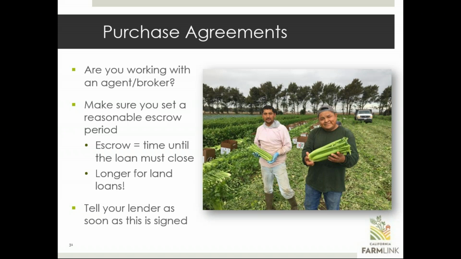So working with an agent or a broker can be very helpful in developing documents, but it's not required. A seller will likely, but not always, be working with a broker to list the property. A broker can represent both the buyer and seller, but it's not really recommended because it's difficult for the agent to truly represent both parties' interests. If both parties have agents, it can help facilitate the transaction. But if only one party does, the party with the agent has an unfair advantage in negotiating the transaction. So I would say if you're in a situation where the other party has an agent, I would get one too.